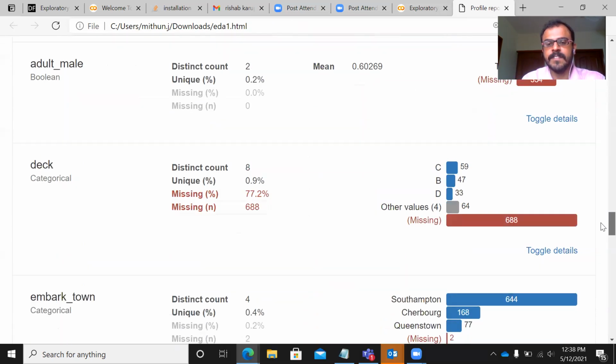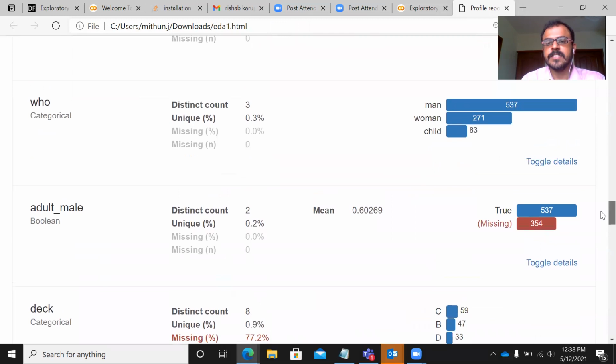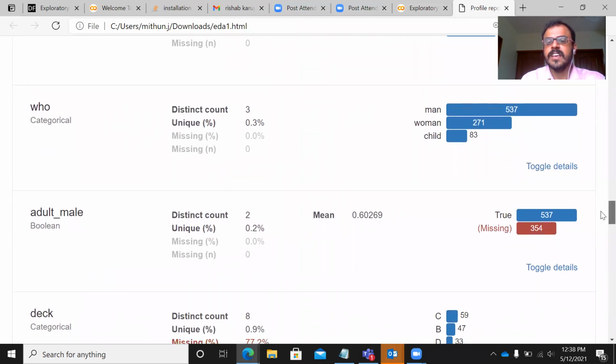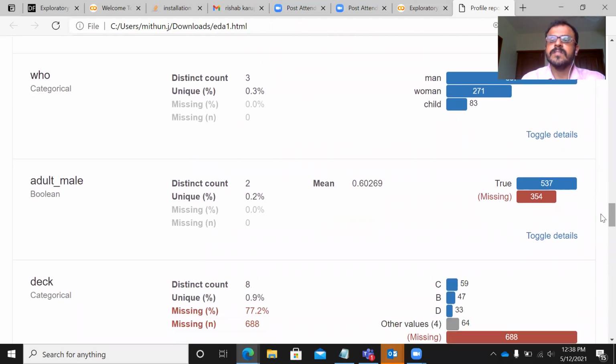So for each and every variable, you can see it has displayed all the relevant statistics. It has done all the graphs. So this saves a lot of time. In a live project, you may not have so much time. You may not have 15 days or 20 days to finish a project. And out of 15 days, if you have to spend a week or 10 days just doing an EDA, imagine the effort that it would take. Imagine the kind of pressure that you would be building upon yourself.